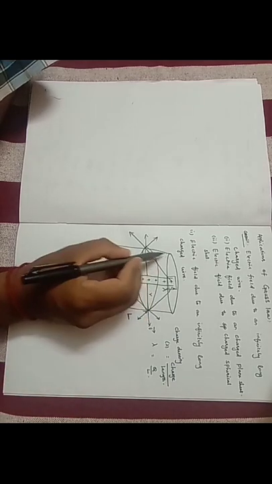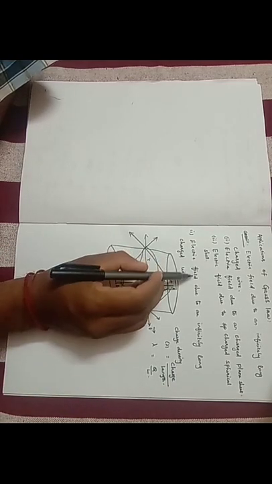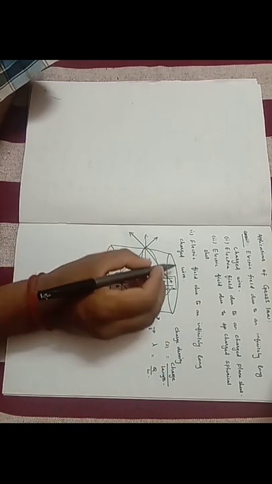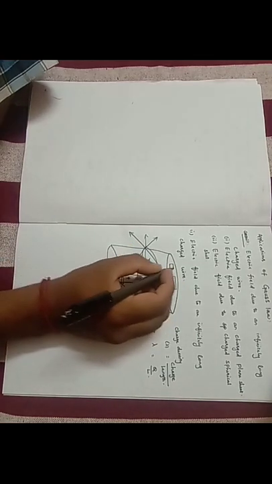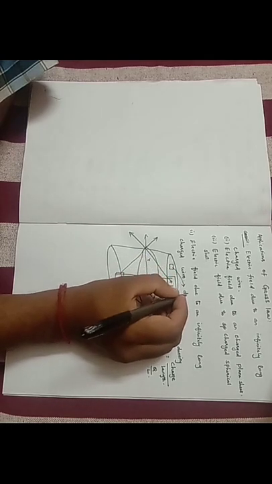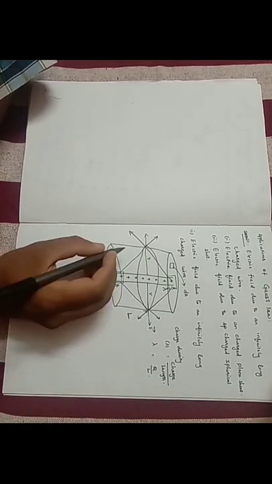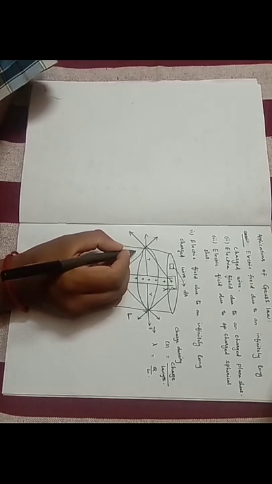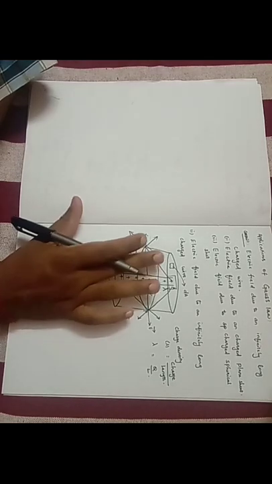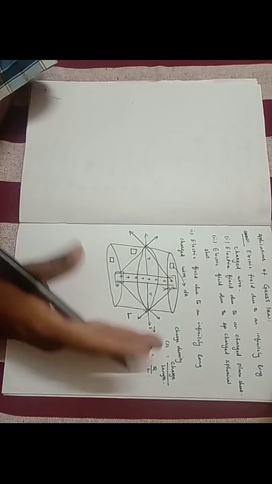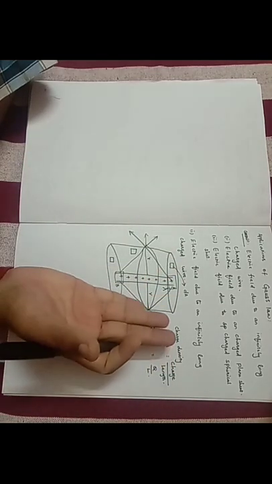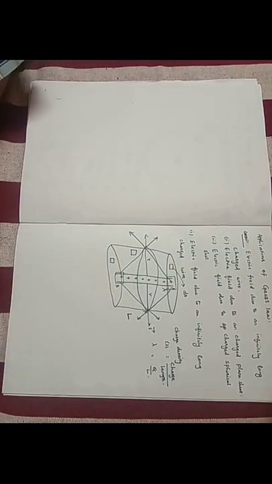So in this Gaussian surface, to calculate the electric field due to an infinitely long charged wire, we consider the smallest area dA on the top and bottom of the Gaussian surface and on the curved surface area. This part is the curved surface area, and then the top and bottom.